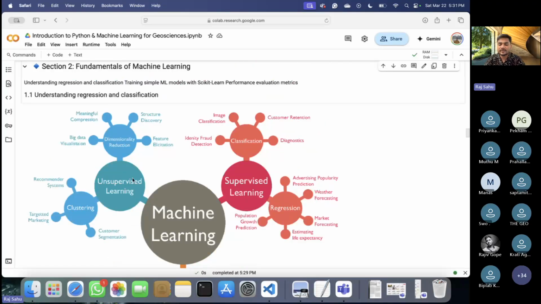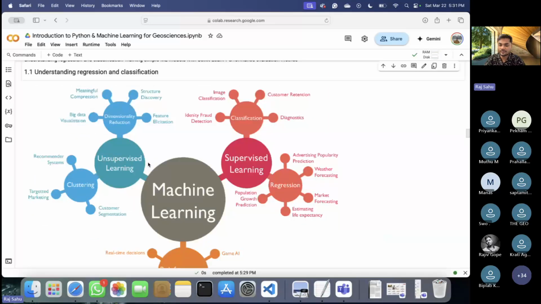So what is the difference between unsupervised and supervised? You might already know. Supervised means we are giving the data labels and the target variable also. If I am writing the equation y = mx + c, I know y and x, so I just need to find the slope and the intercept. Unsupervised means I don't know the target variable. I just have some data and I need to